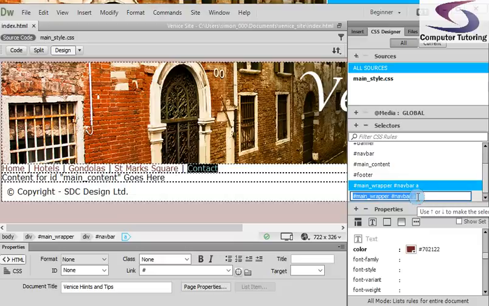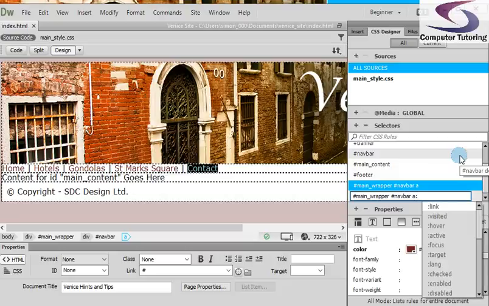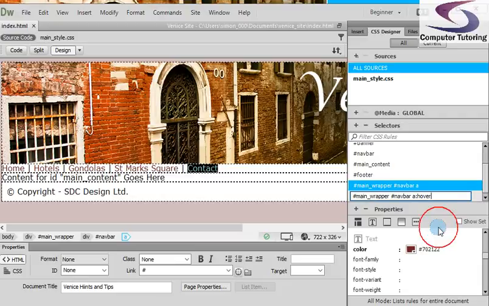But now after the A, you're going to have to do some manual typing. Just click after the A and type in a colon. Notice as you type in a colon, that's the dot above a dot, for those struggling to find where the colon is. Sometimes you don't use it every day, so it's just to the right of the letter L. And notice there you've got lots of these different pseudo class selectors, you could call them. The one we're going to choose is hover. So if you click on hover, notice it comes up there, a:hover,